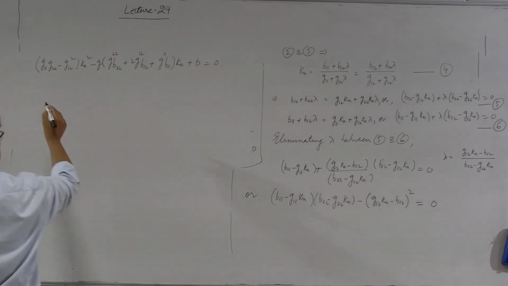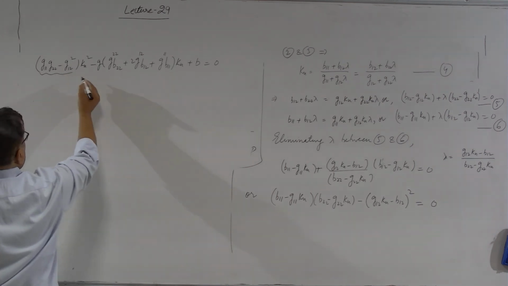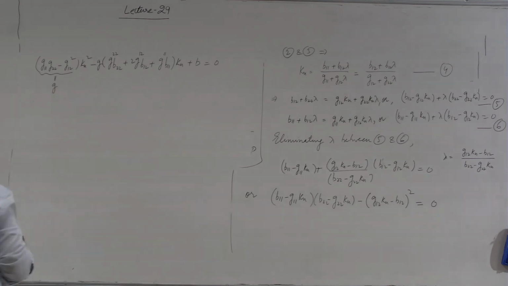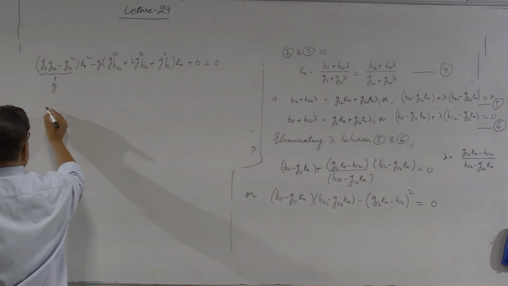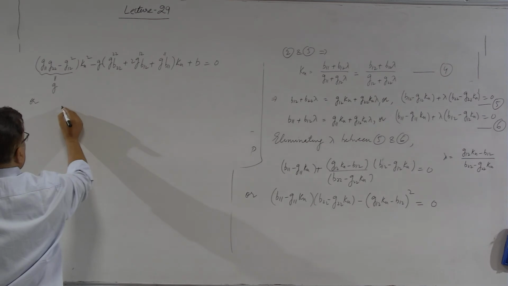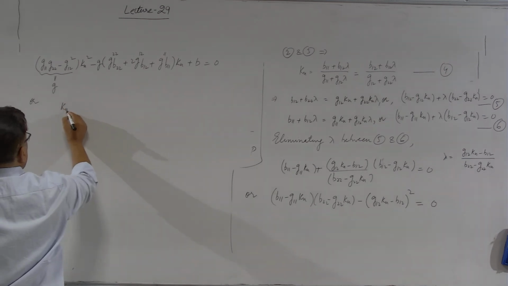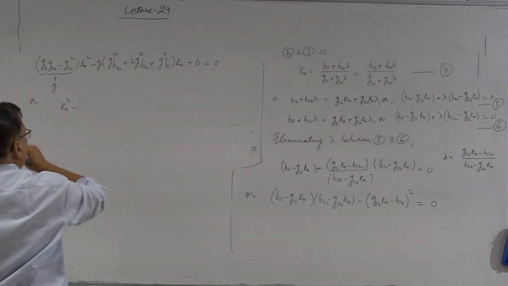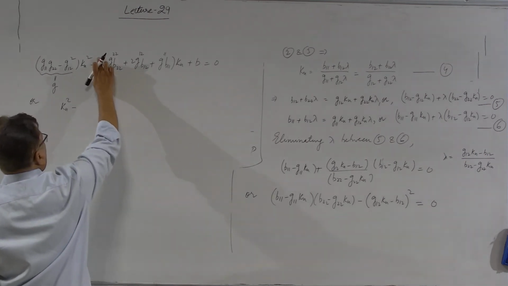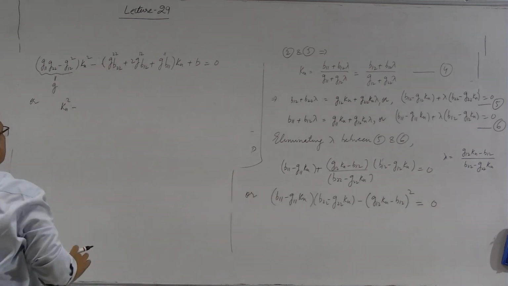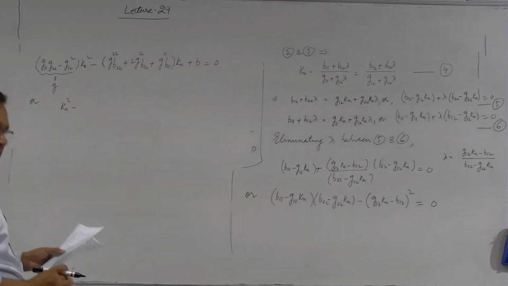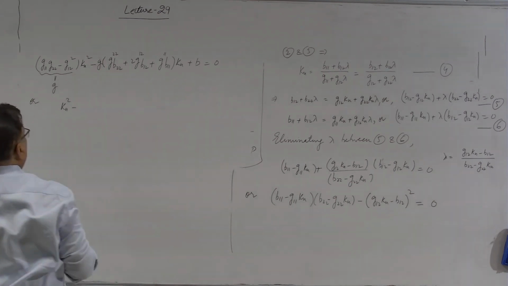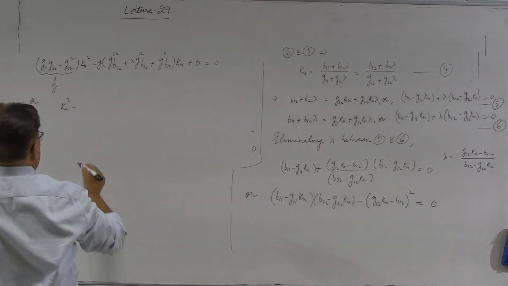Now, this first term is in fact G, so you can divide throughout by G. Everybody can recognize this is G. Dividing throughout by G, this equation will become Kn square minus... was there a G here? I don't think there was a G here. Okay, you can check it up. So this is just